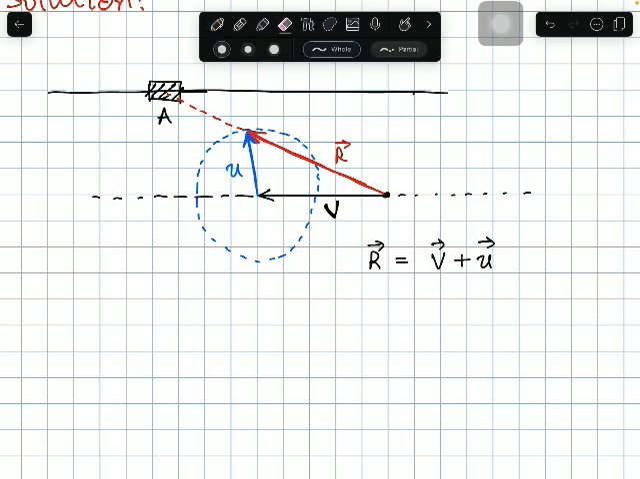So this is speed v, the speed of the bus. This is speed u, and r is your resultant, your final velocity. So if it happens that r is pointing in the direction of the bus, then eventually you will catch the